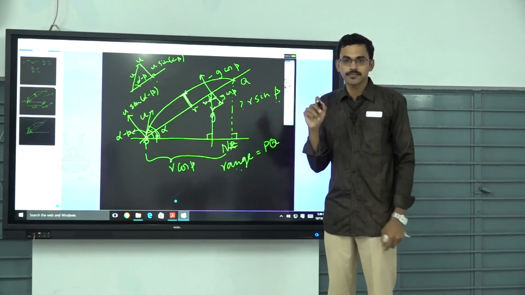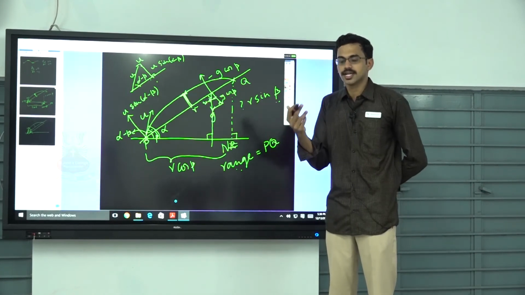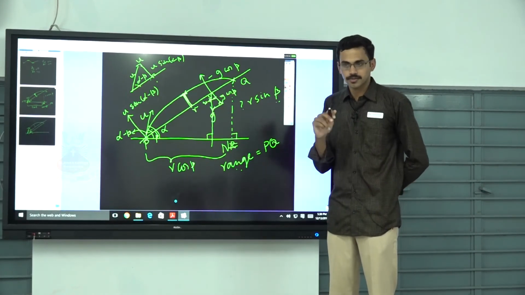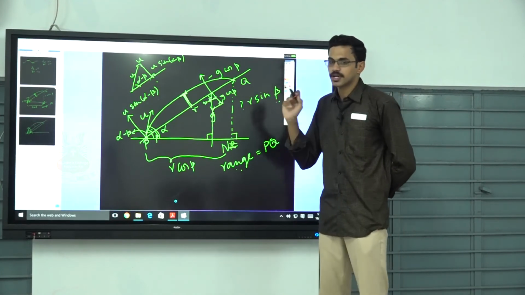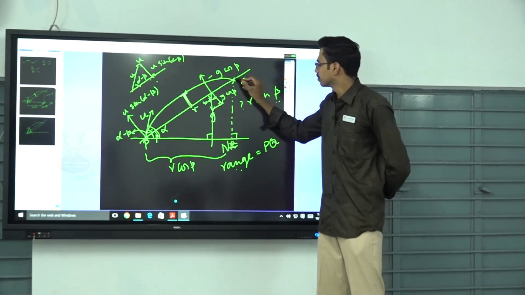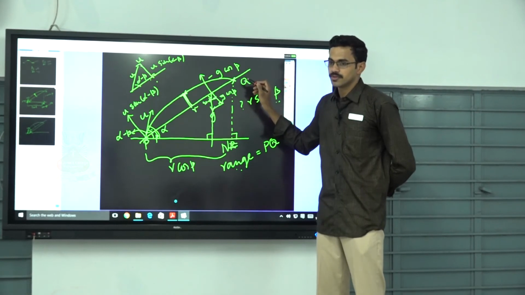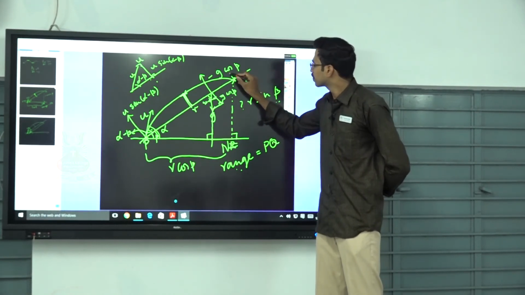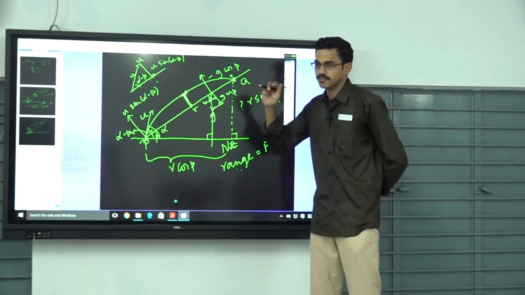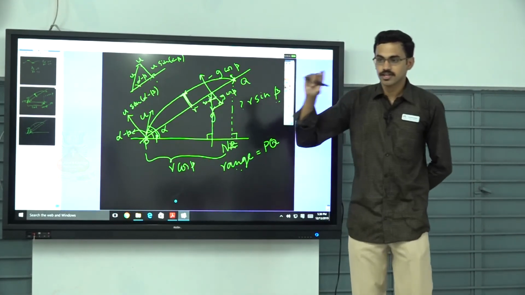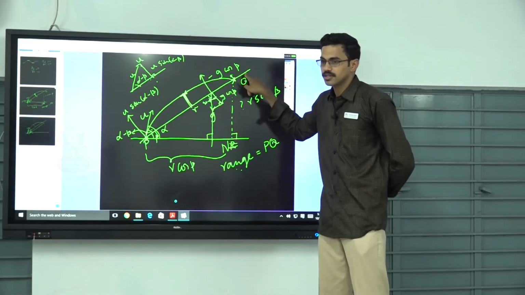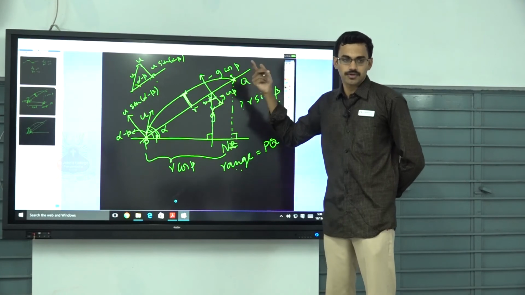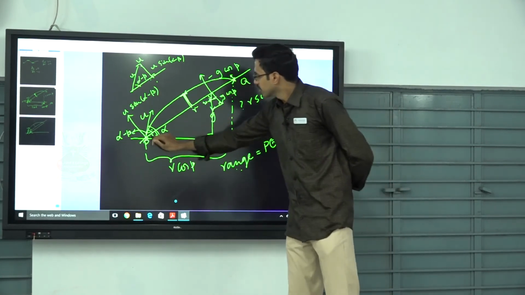So at time capital T, the time of flight, the particle is at Q. Okay, at Q, is there any vertical displacement or vertical distance traveled from the inclined plane? The particle, no. Okay, because